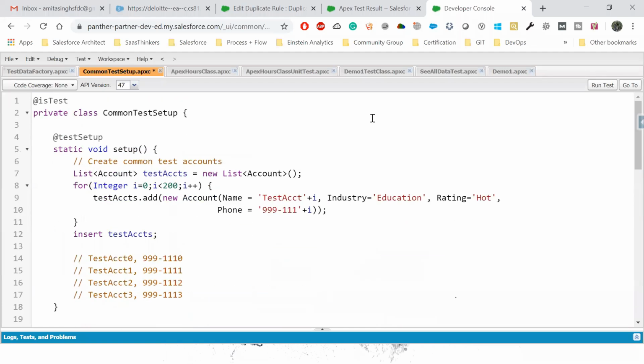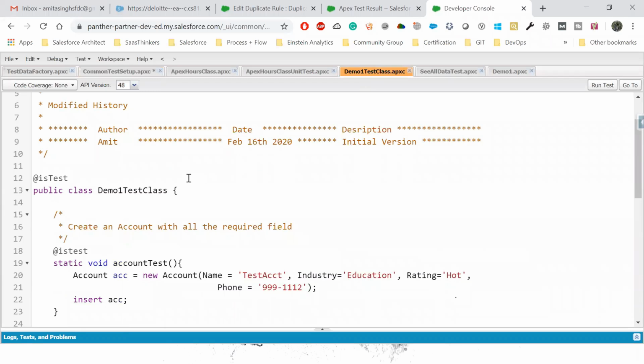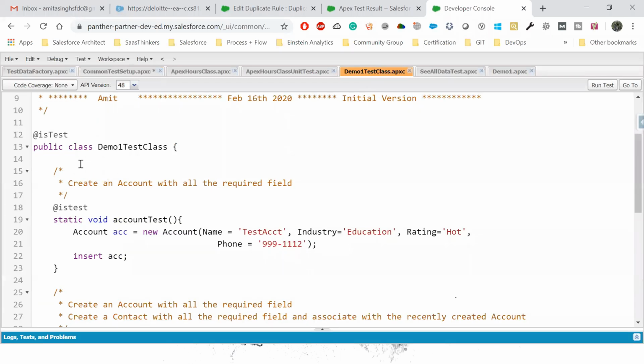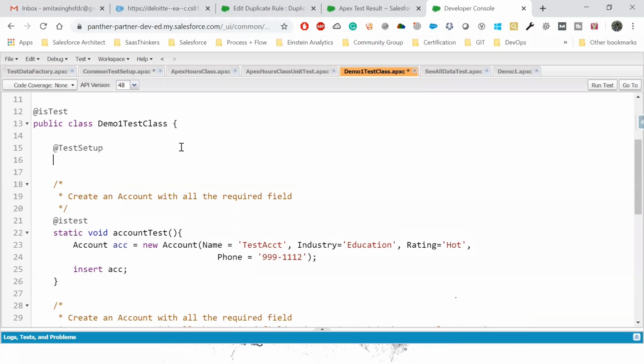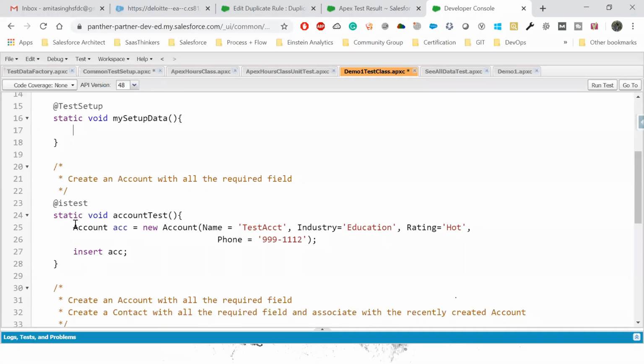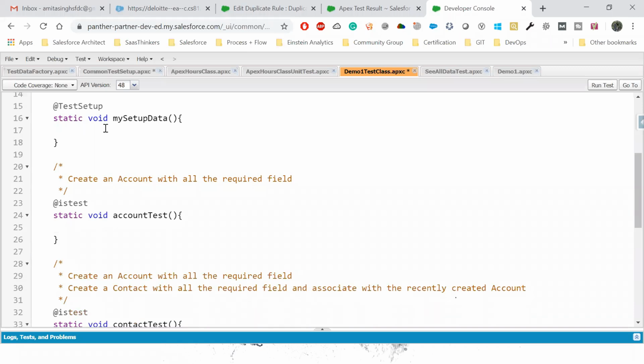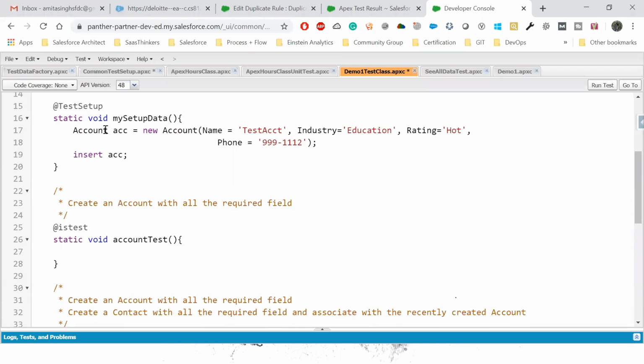Now let's quickly implement the same in the demo class that we just executed in our demo one. So I'm going to quickly create a test setup method for you. Again, the syntax is the same. You just need to change the name of your method if you wanted to. What we are going to do is, instead of inserting this account in every method, we are just going to do a query on that. So I'll do a query here. I'll say account record,